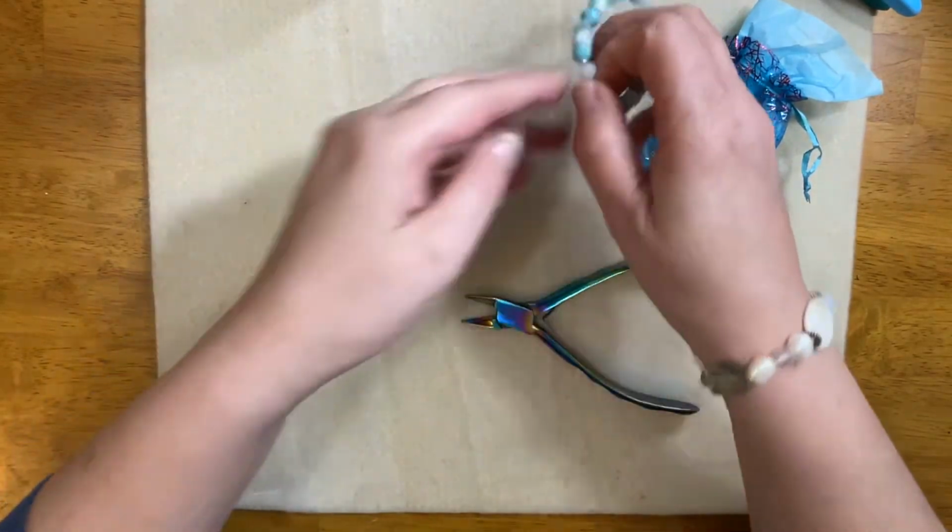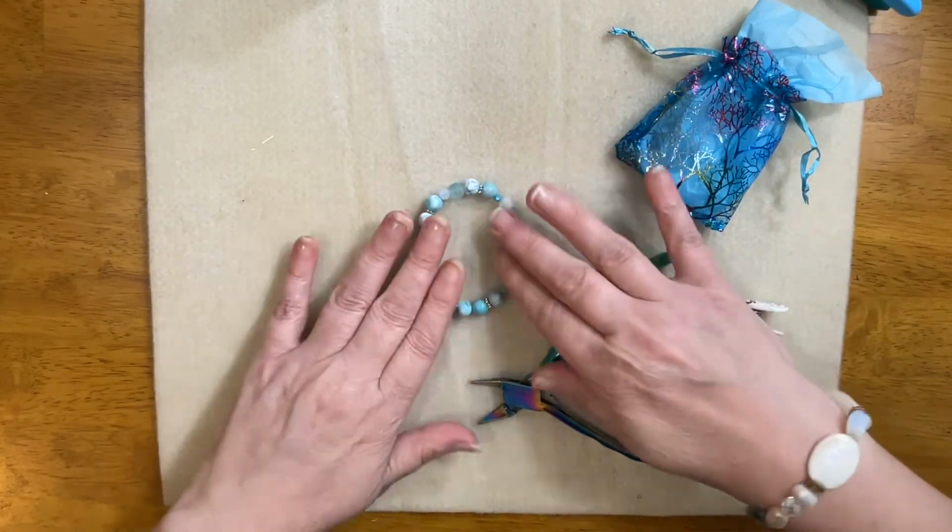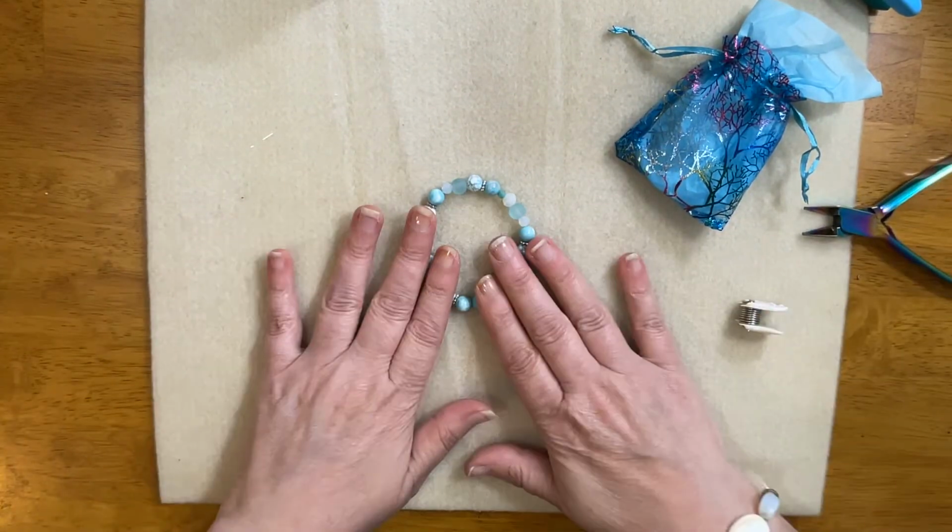So I hope you guys enjoy. That's one fun way to put these beautiful, darling little stretch bracelets together. They make really great gifts, especially